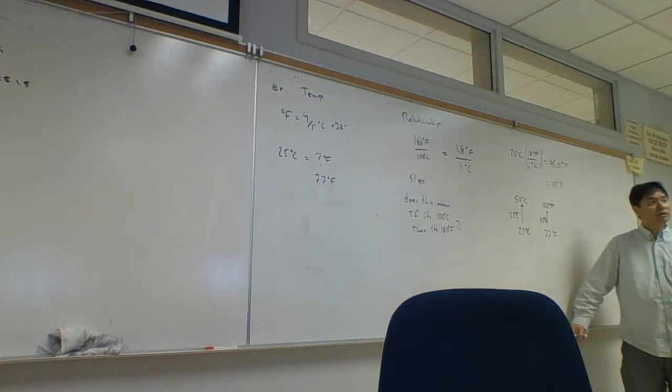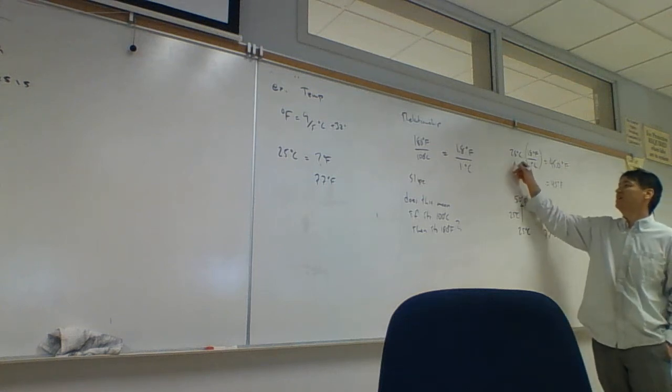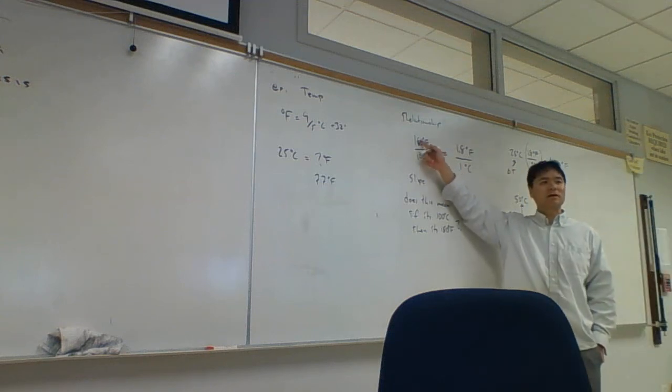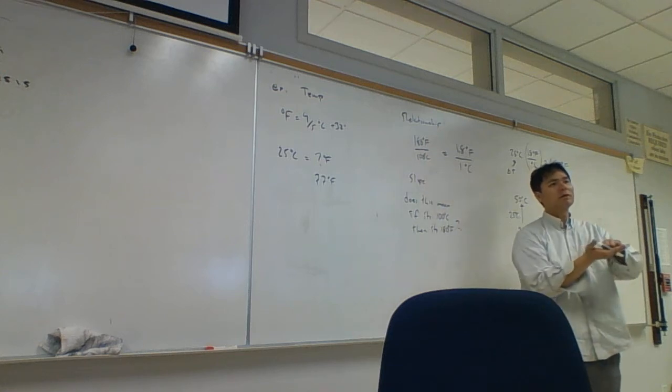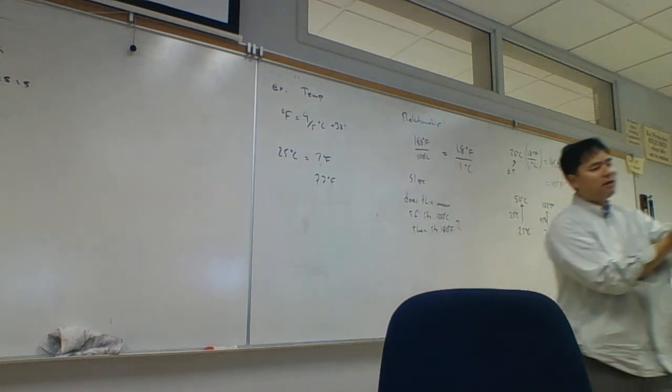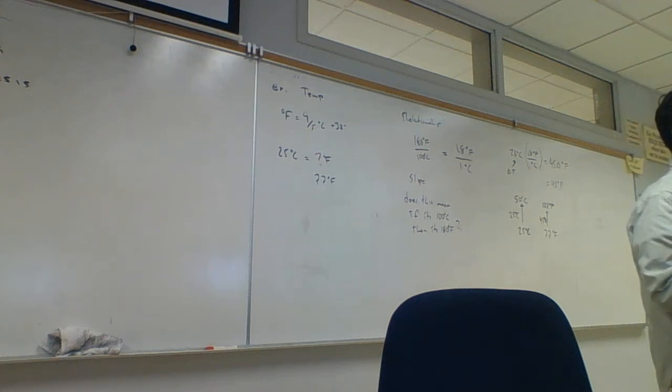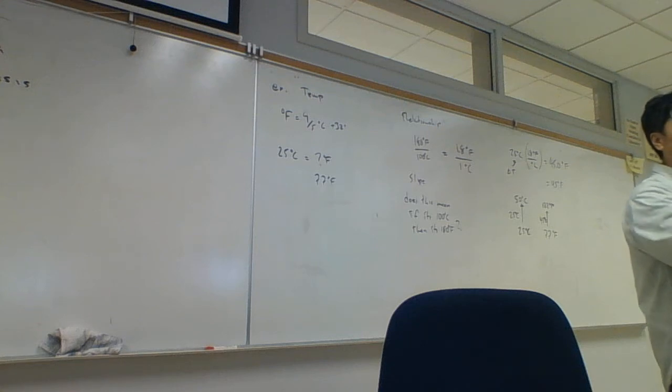So I could use dimensional analysis if I'm talking about change. If I'm talking about a delta T, this has to be a delta T. Remember the slope. This came from delta y over delta x. So if I'm looking at the change, for example, if I had a 1 degree C temperature increase, I changed my heater to 1 degree C temperature increase, that would bump up the Fahrenheit temperature by